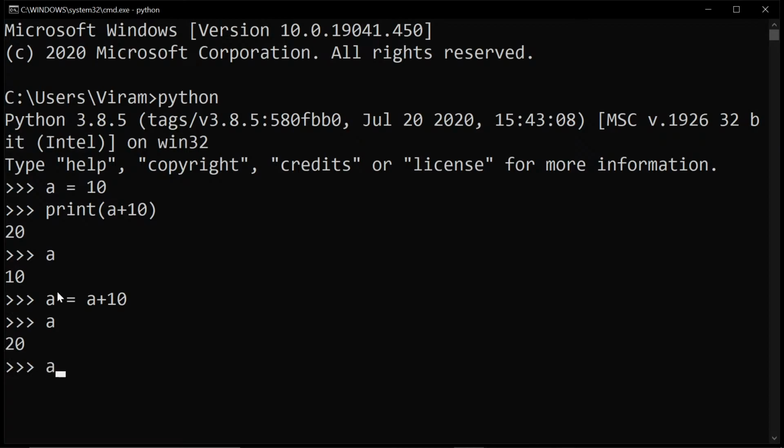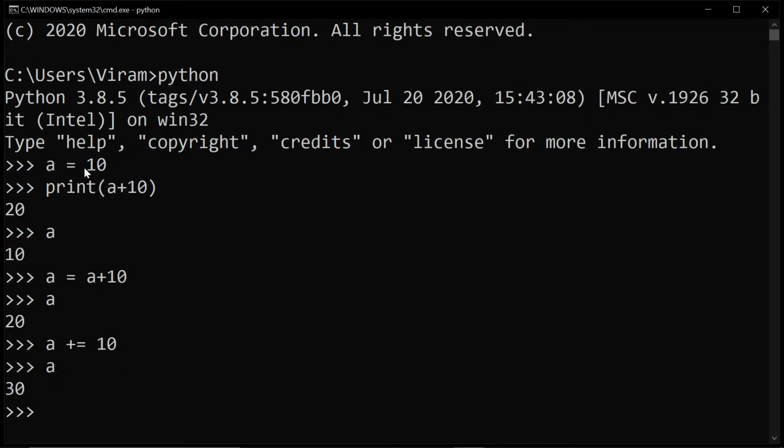So Anam, as you were saying, a plus equal to 10 is similar to this. If you see a now, it is 30. So a was 10, a plus 10 was 20. A is equal to a plus 10, so now a is 20, because 10 plus 10 is stored in a again. Then a plus equal to 10: it was 20, we did plus equal to 10, so it takes a, adds 10, and again stores it to a. So it gives 30. I hope the doubt is solved, Anam.